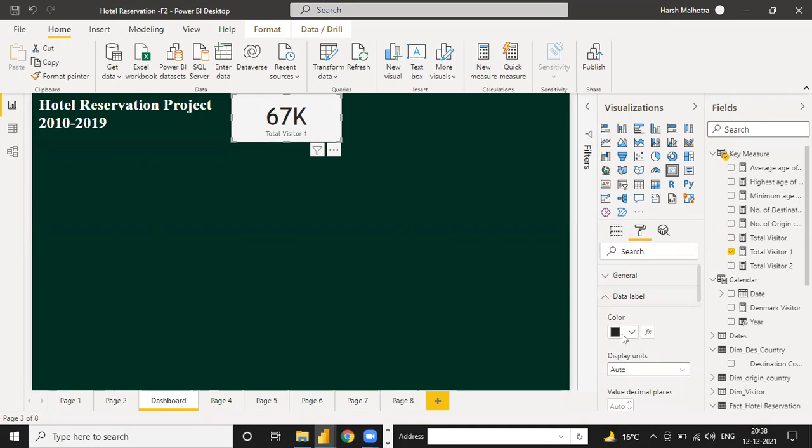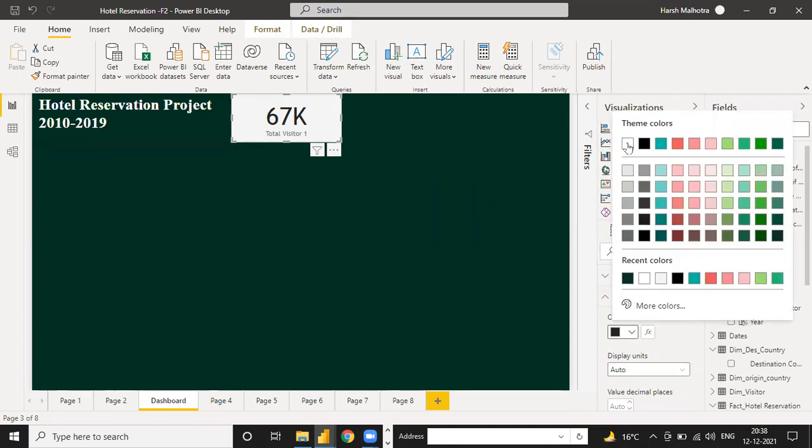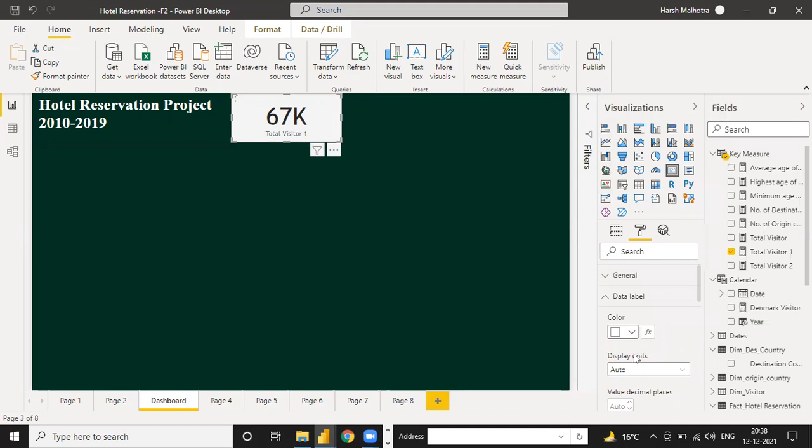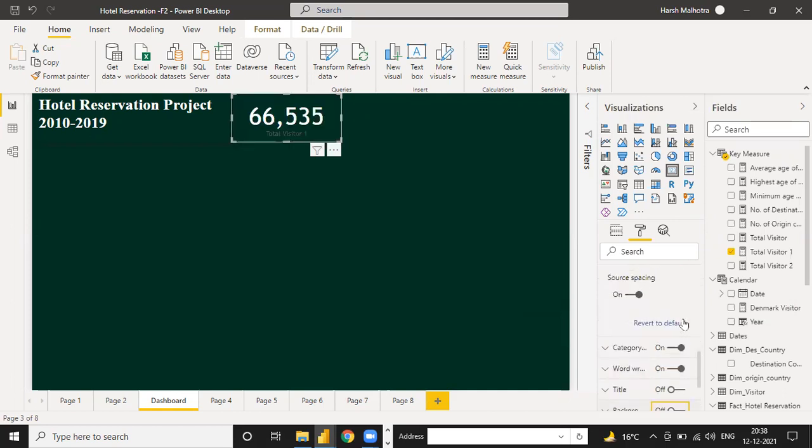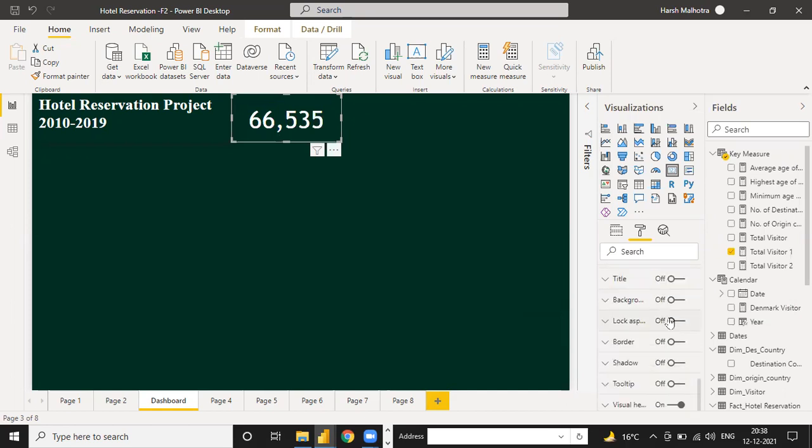Go to this data label, select white. Display, select none value so that it is complete. Here also the background, category, I don't want this category. And here is the option, title. You can switch on the title, write it here as total visitor.